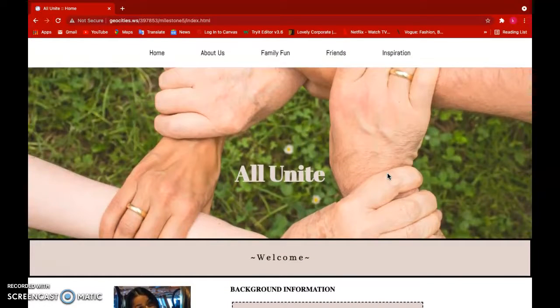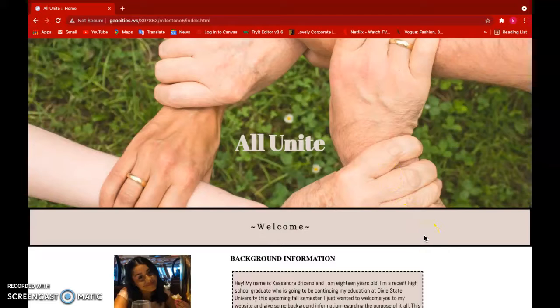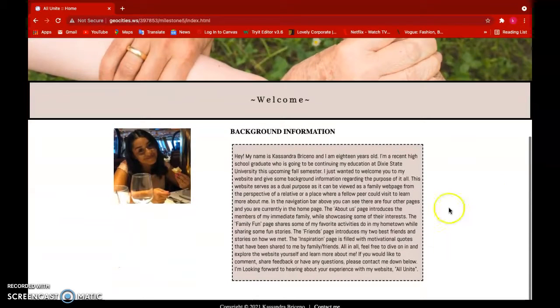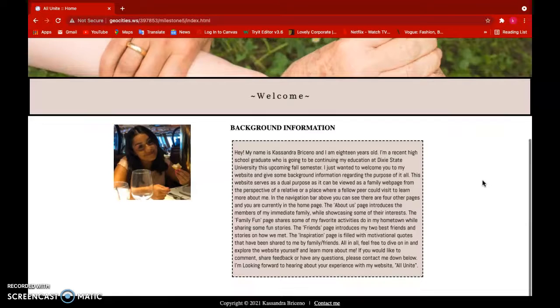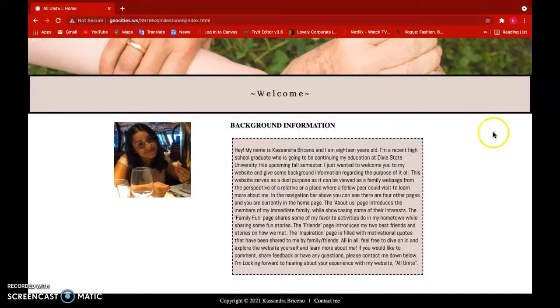I would say it serves a dual purpose as it can work as a family web page. However, I wouldn't say particularly a family blog because I feel like there are more elements and content that go into those that can't really be seen with mine, and that's totally fine. Now, I consider it a family web page when looking at it from the perspective of a relative viewing the site, especially for those long-distance family members that aren't able to stay in contact often, or it is simply a site where new friends or peers could look through it and learn more about me.